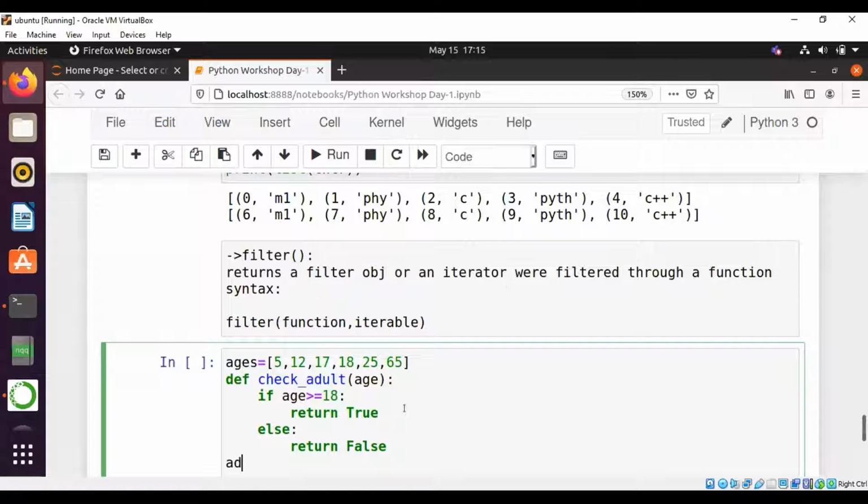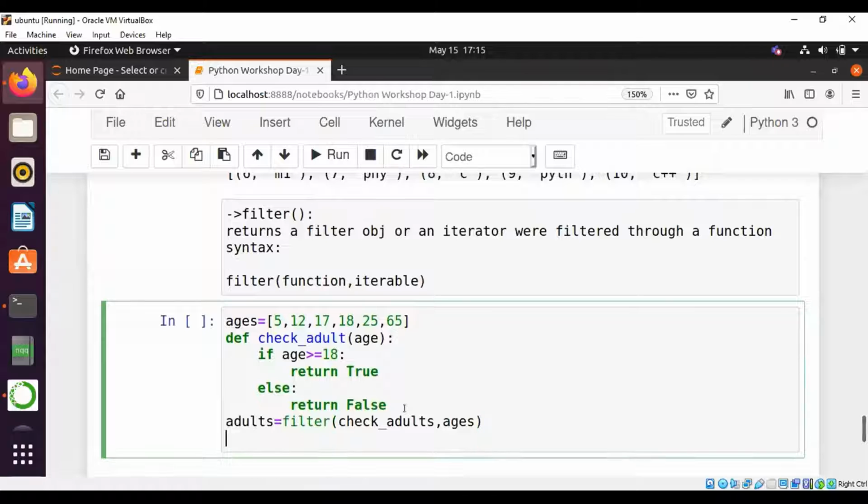Now, let's see how many adults there are in the given ages. So filter, the function name is check adults, comma, we are checking for the ages. Let's print adults.